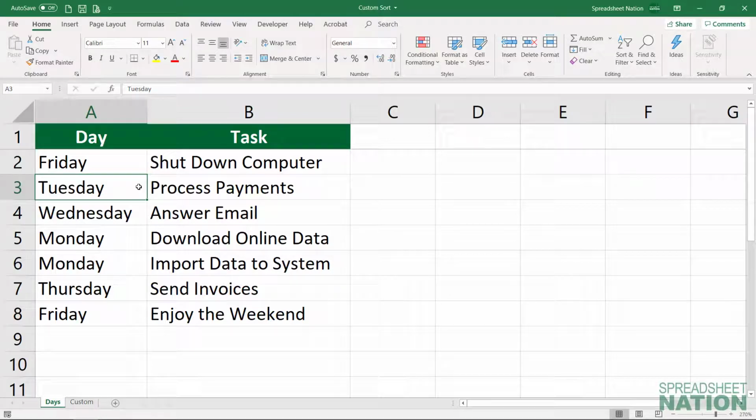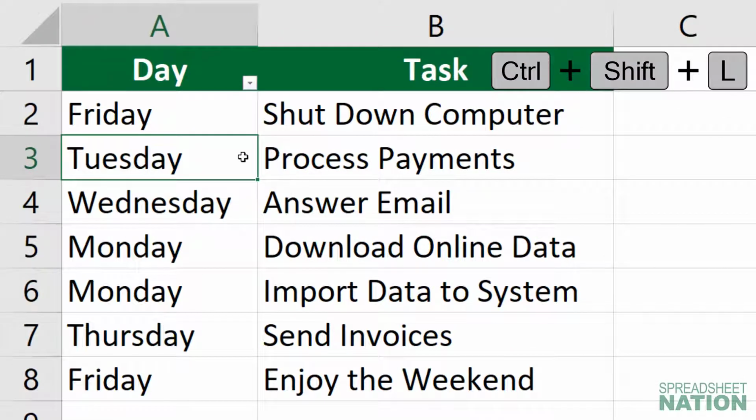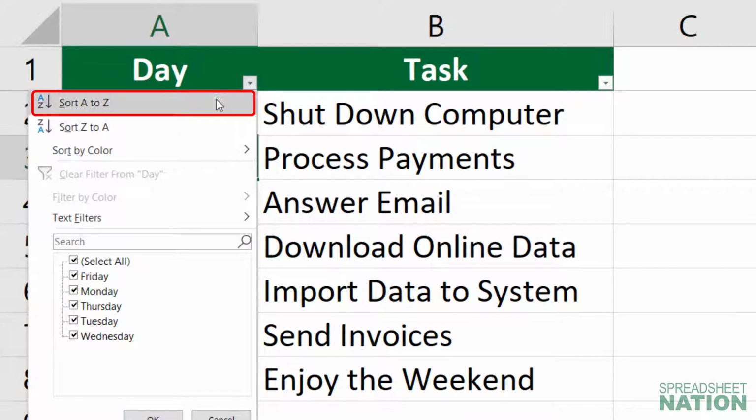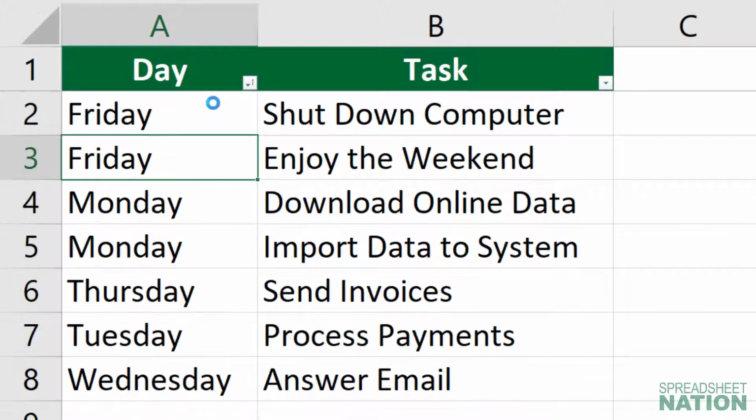Most of you are probably familiar with sorting in Excel. Let's put some auto filters on this data by hitting Control-Shift-L, and you can sort alphabetically by clicking that button. The issue is when you're trying to sort things that shouldn't be sorted alphabetically, that quick option doesn't really give